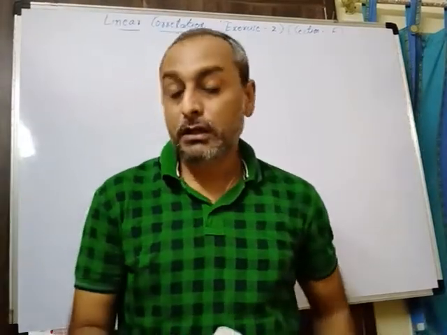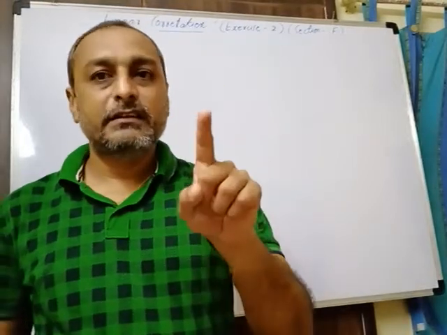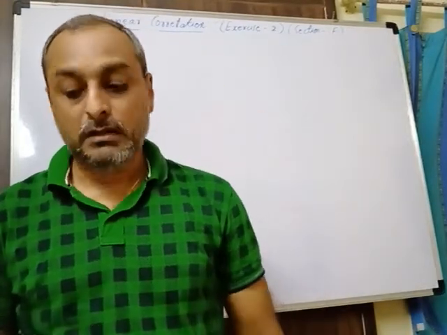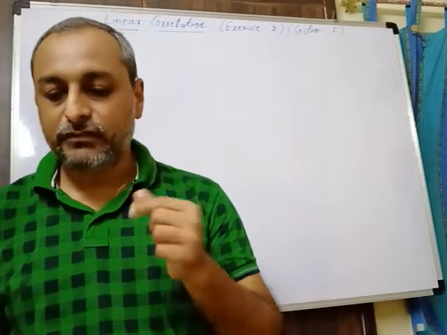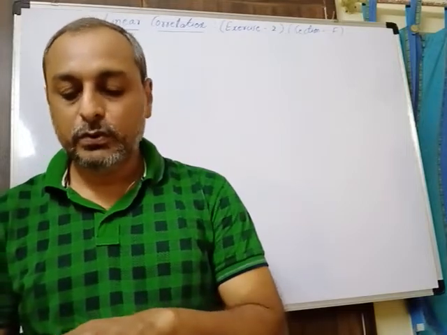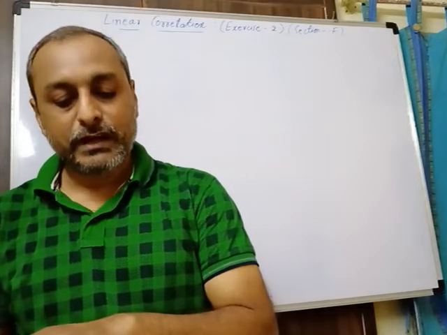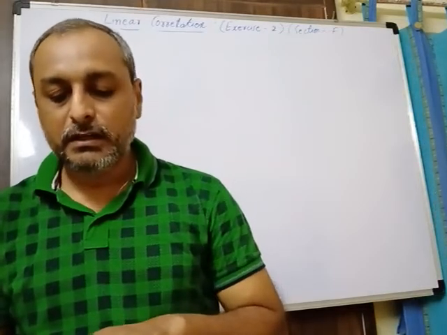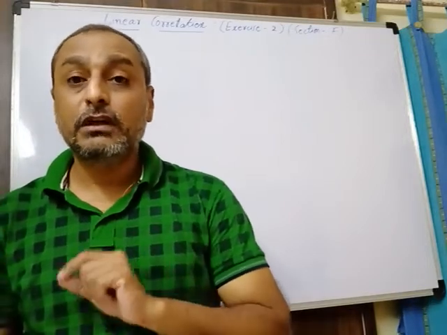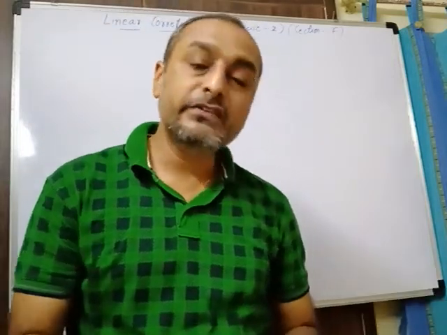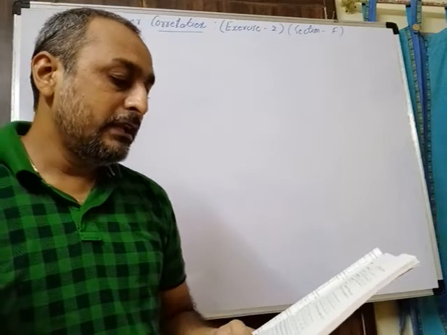Similarly, we will move on to the next question, again to practice the same method, that is the shortcut method. In the next question also see what is given. First I am reading the question and then we'll try to solve the sum. The third question in section F only. Find Karl Pearson's correlation coefficient between density of population per square kilometer and death rate per thousand from the following data. So we have to find Karl Pearson's correlation coefficient only between the two variables given as density per square kilometer and death rate per thousand.